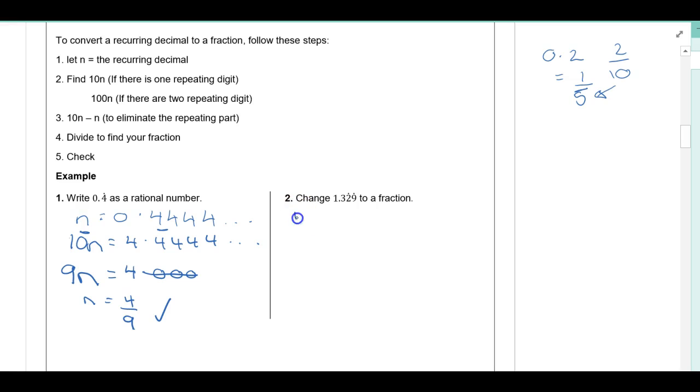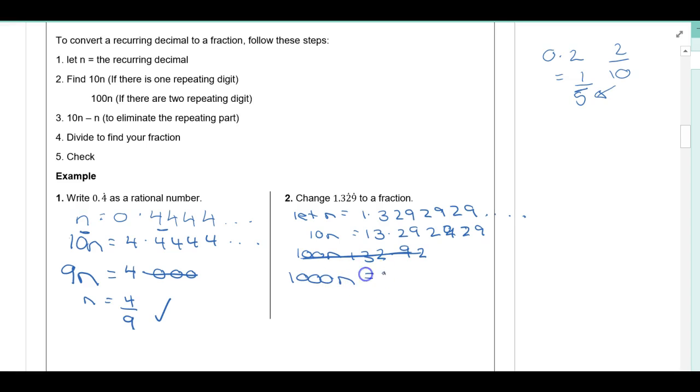I'll do this one for you. Let n equal 1.3292929, blah, blah, blah. Now, if I make it 10n, then it's going to be 13.292929. If I make it 100n, that's going to put the 9 here, and I don't want that because I can't subtract them, so I have to actually make it